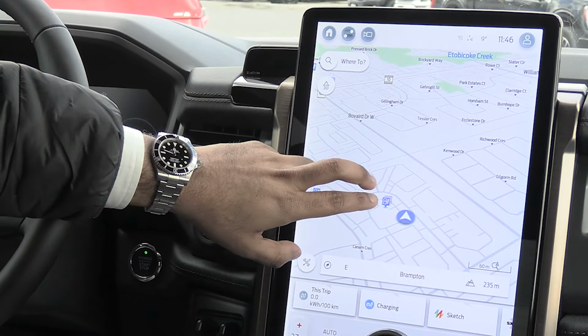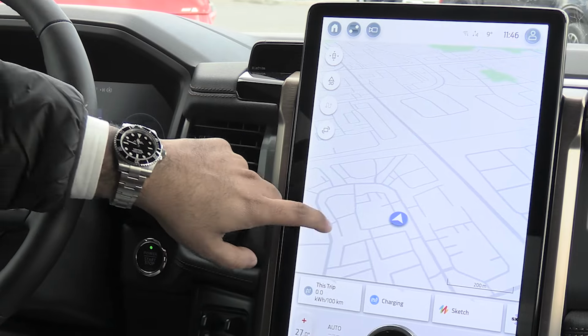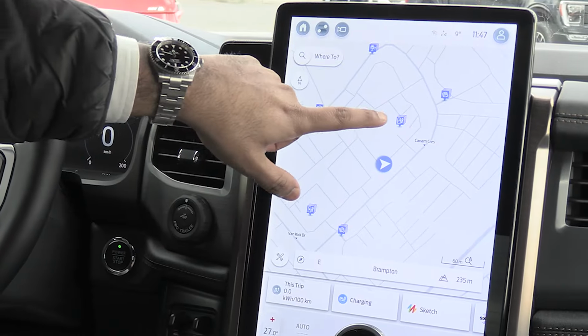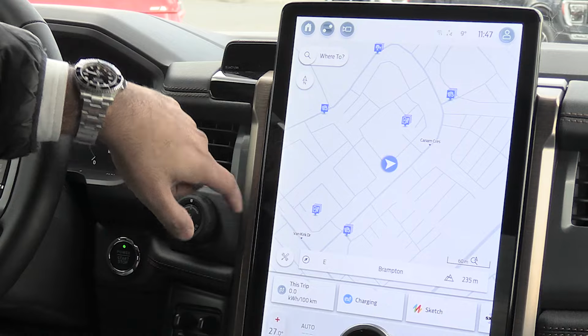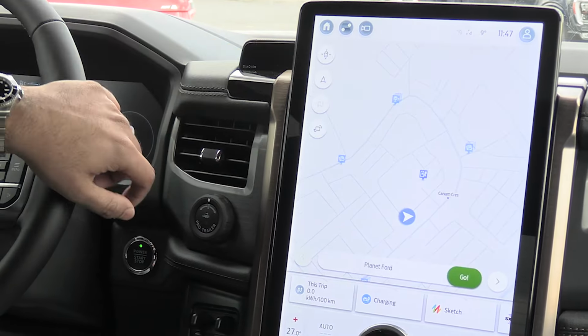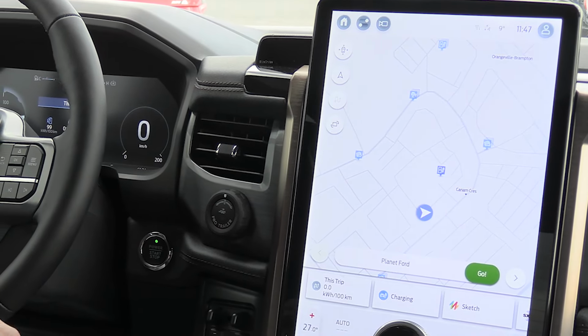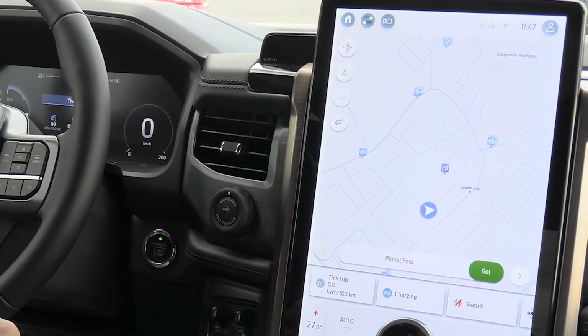Here you can see it's pinch to zoom, which is again very easy to use. This will pinpoint your location. You have 3D views, and you also have different charging stations around you, which it showcases. And once you hit on any of these, it can show you where it is, how to get there, how many there are available at any given point, and what kind of chargers there are. All this information is also accessible through your phone, so if you were to plan a trip, it can go over everything